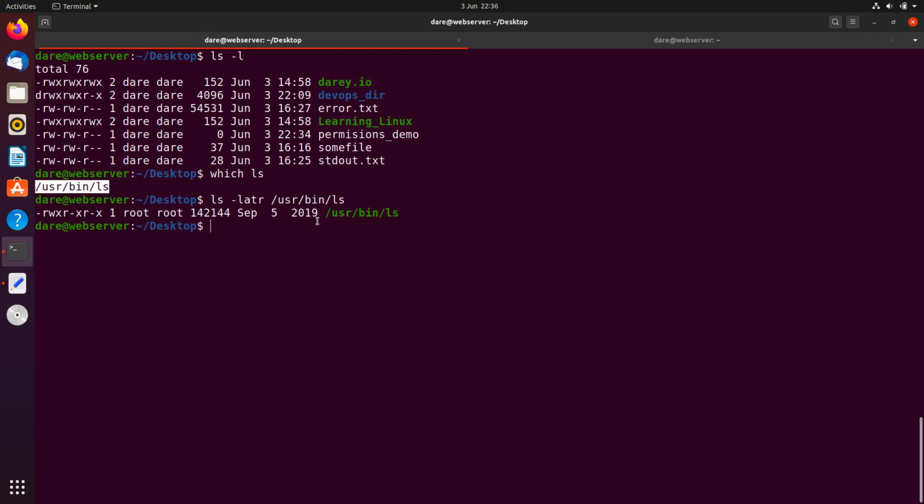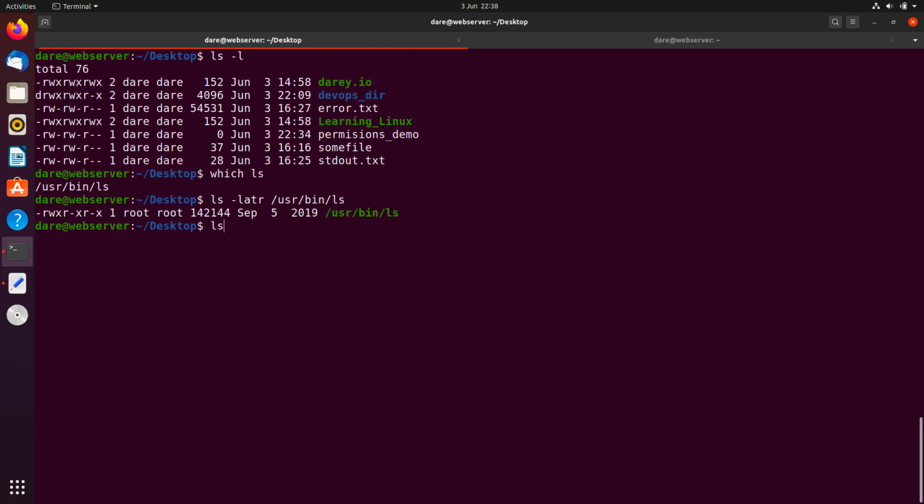And if you notice, the user that owns this file or this program is root, and of course the dash tells us it's a file, so it's actually a file. It's just a file that contains instructions to run as a program. And so the owner has read, write, and execute on this file. And because the owner can do all of that, what makes it an executable is just the fact that